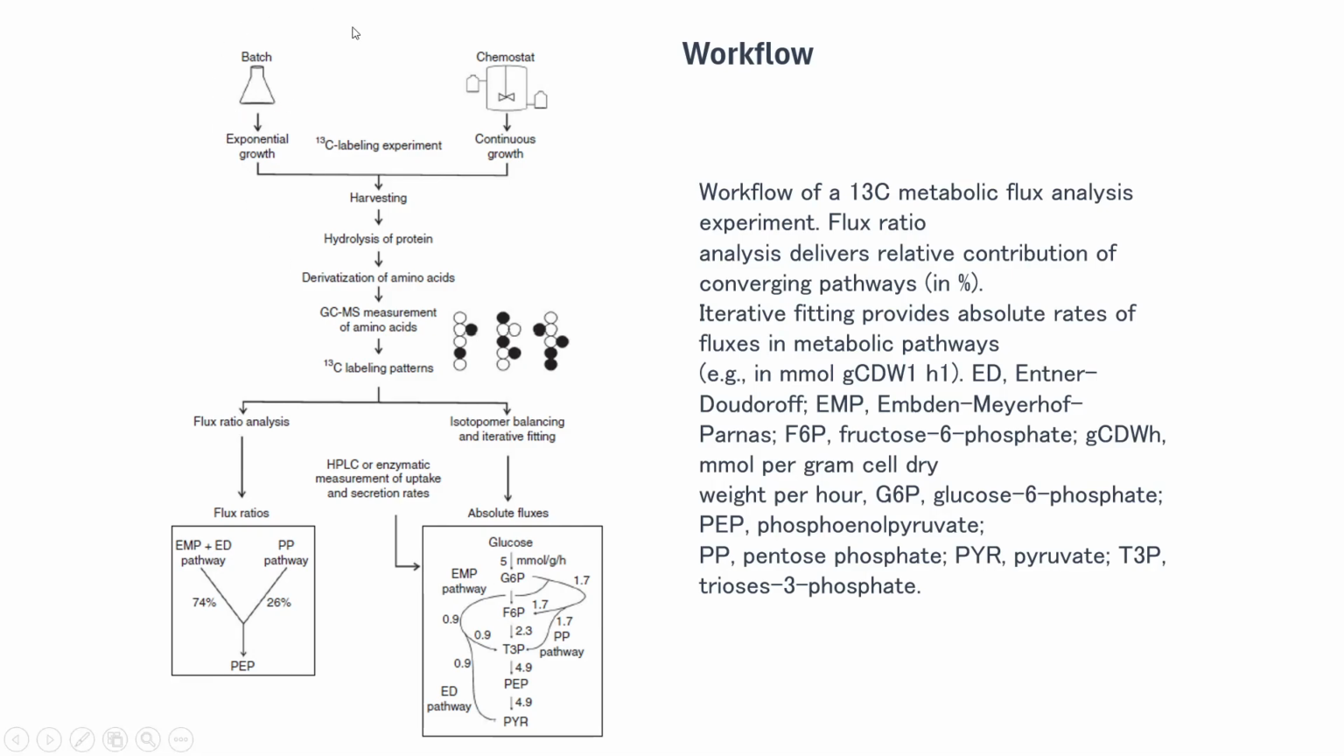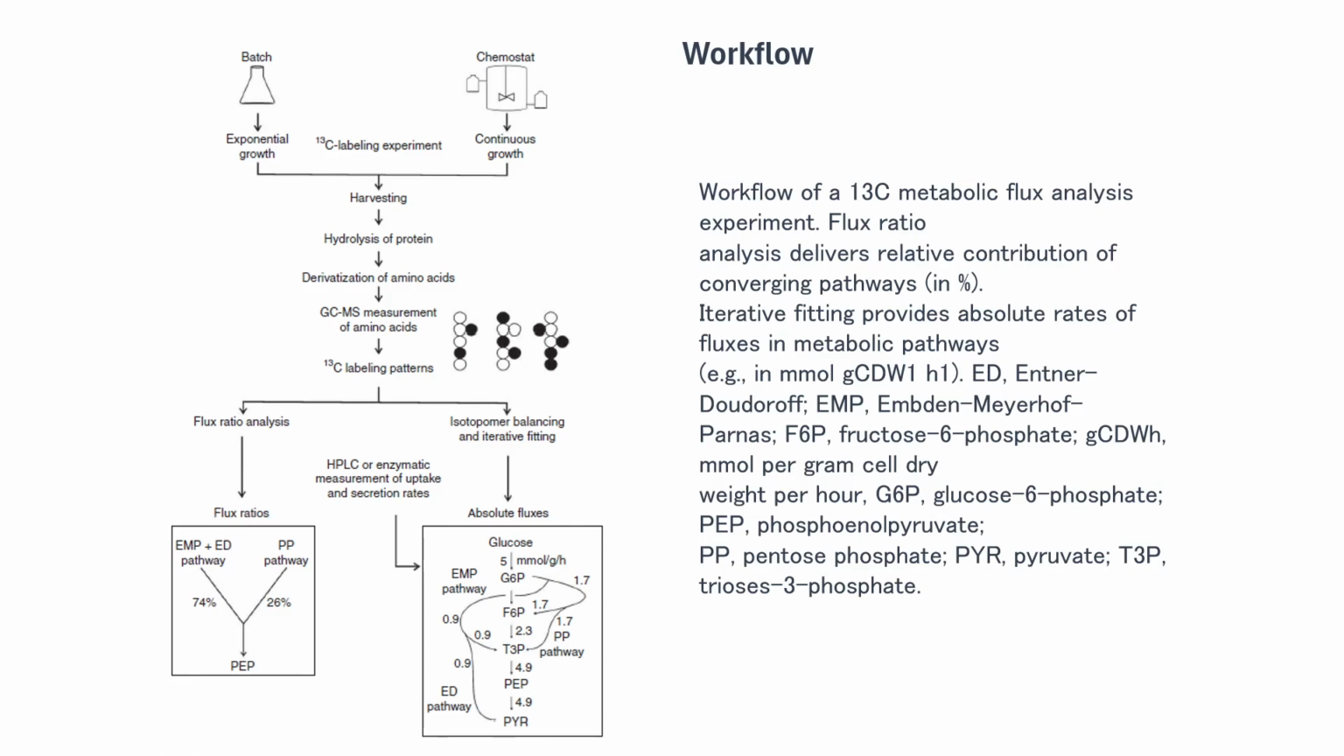So you basically have a batch, in one part you will have your wild types, and then you do some 13C labeling experiment, and then you harvest, then you hydrolyze the proteins, derive the amino acids, and you do GCMS, basically gas chromatography mass spectrometry of the amino acids, and you check for these 13C labeling patterns. In flux ratio analysis, you measure the flux ratios from which part of the